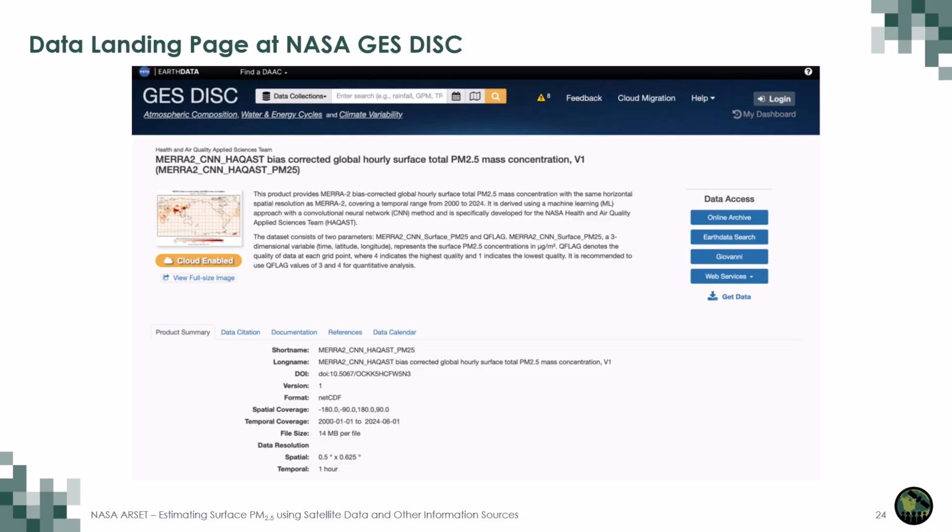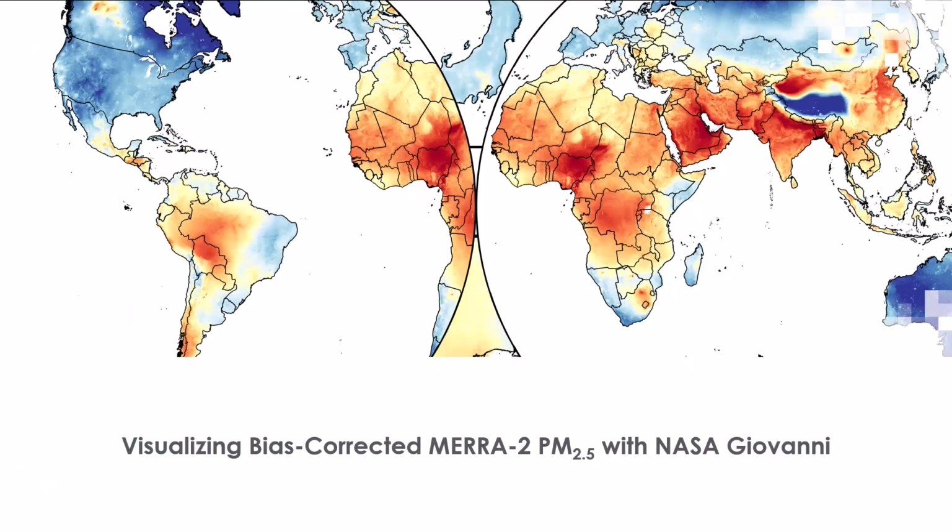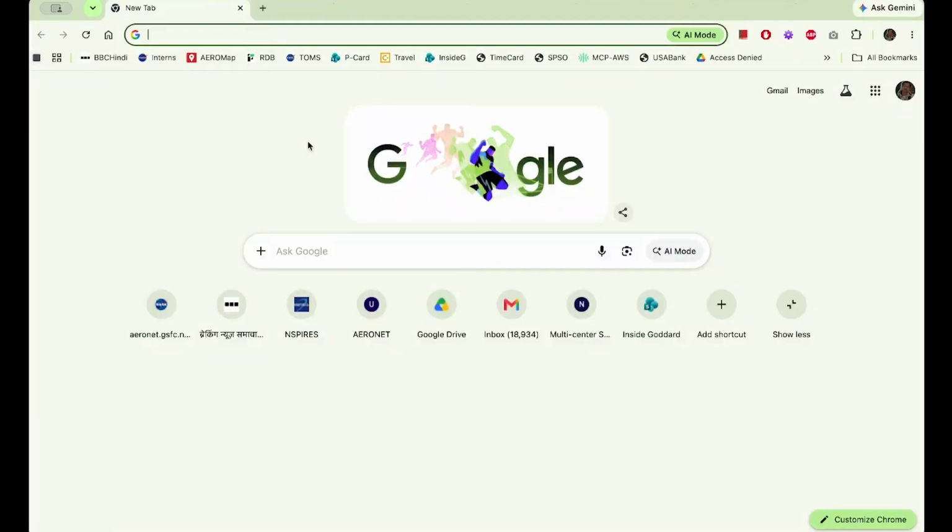Here is just a screenshot of the data landing page at NASA DIS, which hosts the PM2.5 datasets from this project. Next, we'll walk through a quick demo of how to access these data in the NASA Giovanni tool. So now we are going to look at an exercise using NASA's Giovanni tool to access the MERRA-2 CNN PM2.5 datasets and see a couple of examples of how we can access and map and do time series types of